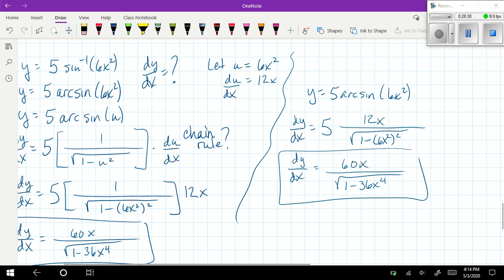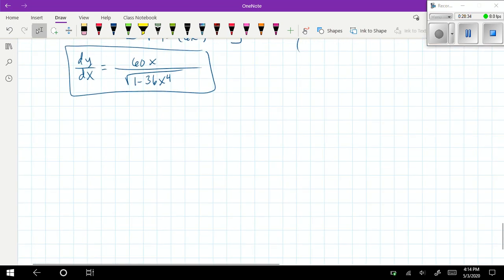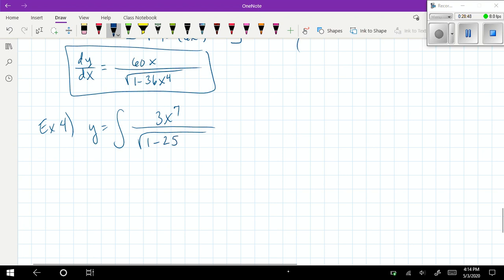All right, let's do example 4, and I think that is going to wrap us up here. So let's go for example 4. Let me ask you, if y is the integral of 3x to the 7th over the square root of 1 minus 25x to the 16th with respect to x, how do I go backwards? I need to make this look like the right thing. The first thing I'm going to do